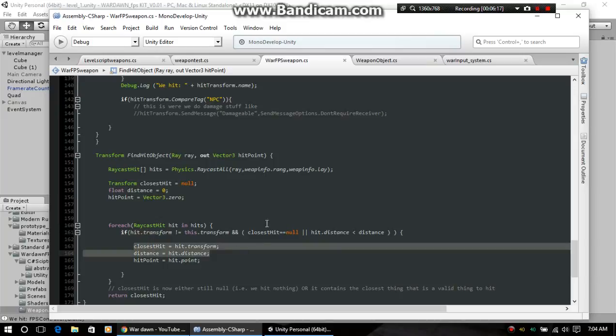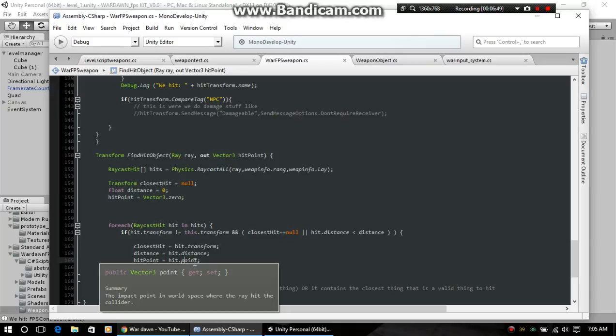Then if it's not this stuff, okay, then it just returns all this. Closest equals this. It's pretty self-explanatory. Hit.distance equals distance. Hit point equals hit.point for the ray, because this is returned from the RaycastHit, and it's the point that it hit,